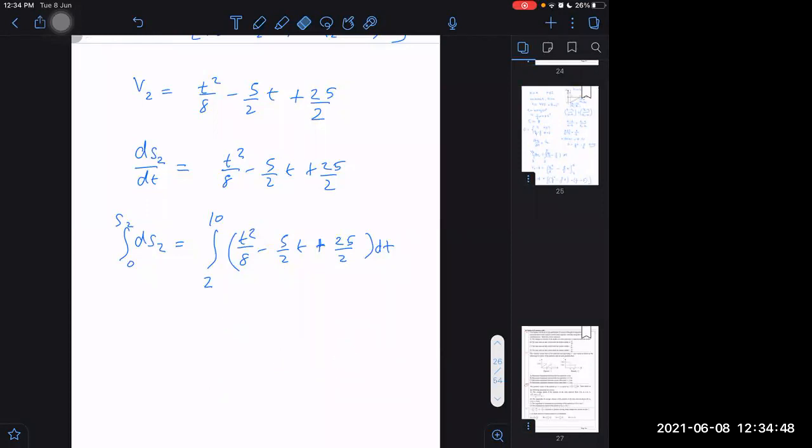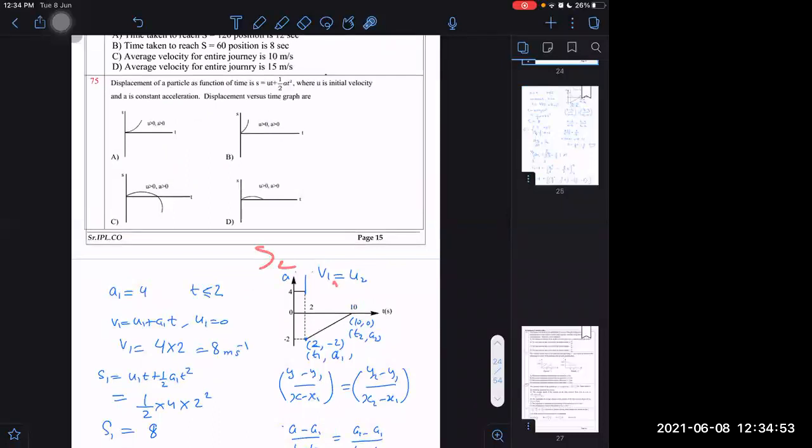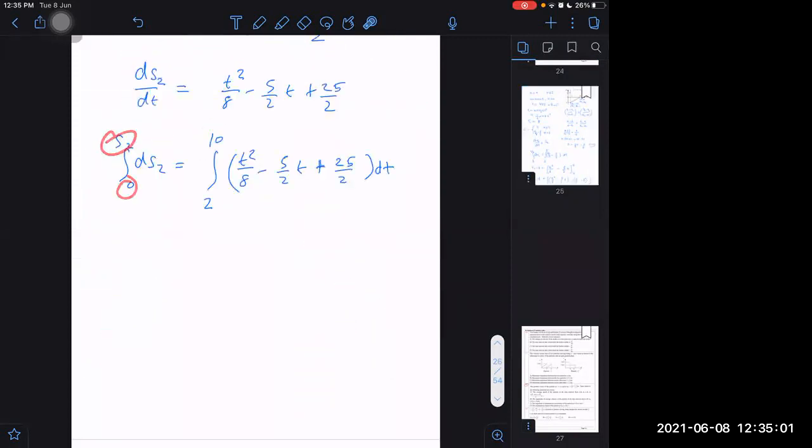If you take 8 to s2, then you have already added it, it means the final s2 which you are getting will be the total displacement from 0 up to 10 seconds. But I am taking separate displacement for the second interval and separate for the first interval. I will add that first one afterwards. If you are already taking 8 here, then once you write s2, that will be the final total displacement. You don't have to add 8 again. Understood? Yes, sir. Okay. But I am taking separately, so I will have to add the initial displacement also. It is your choice what you want to take. Okay.